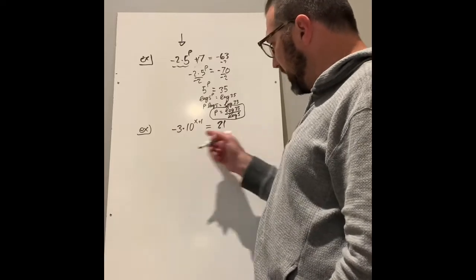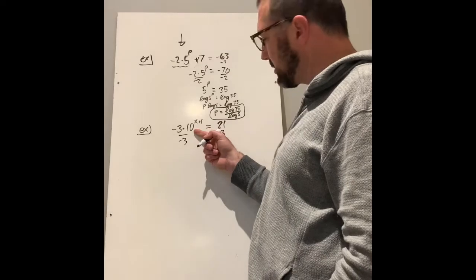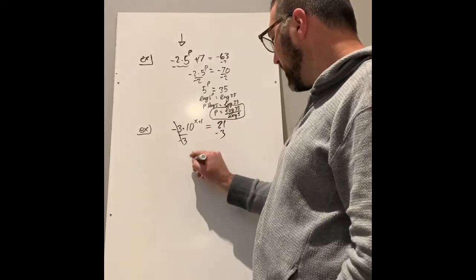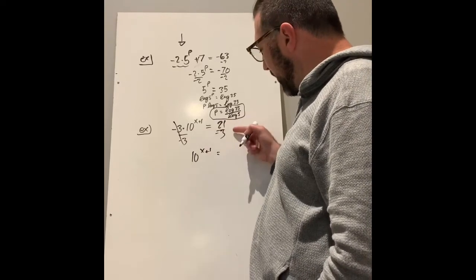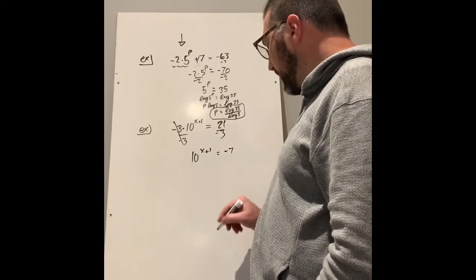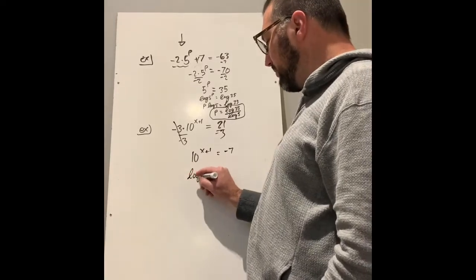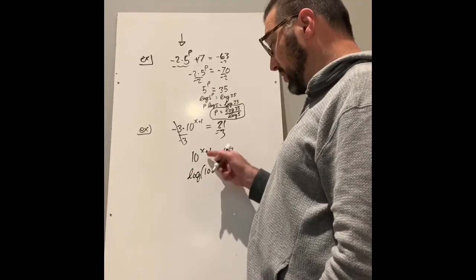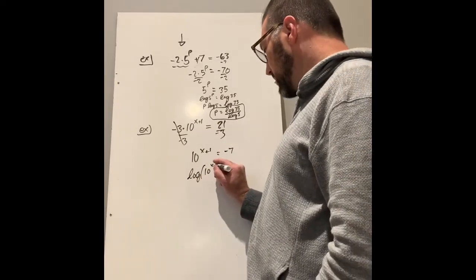So here, try it on your own. But anyways, first I need to divide both sides by -3, because I need to isolate the exponential. Those cancel. Then I get 10 to the x plus 1 equals, dividing here, -7. So now I have exponential equals -7. If I take the log of both sides, which is what I'd have to do to get the exponential out of the exponent spot,